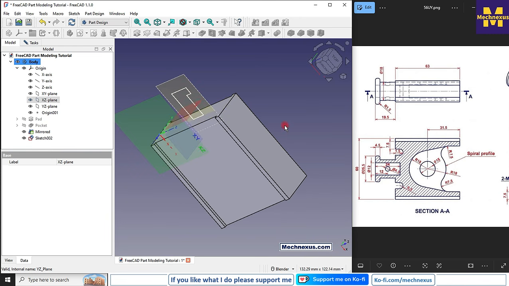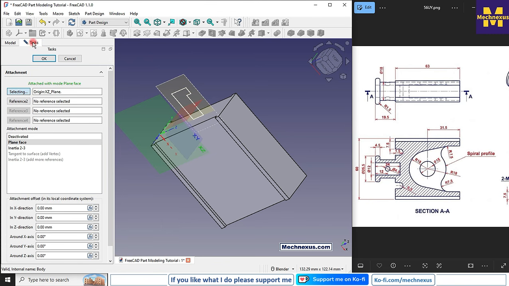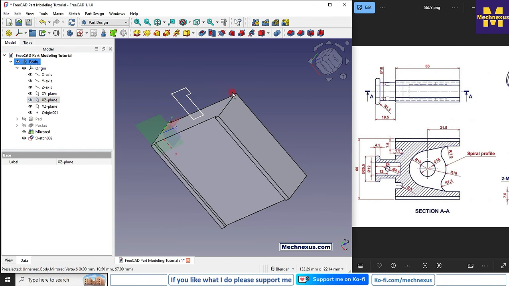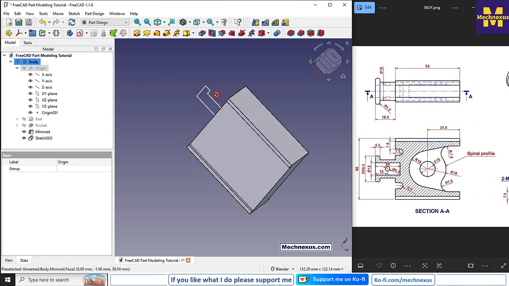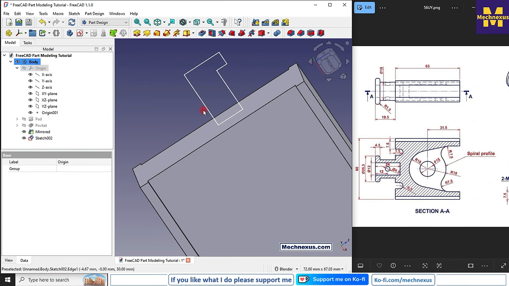So you can see that the plane has got redefined. You can see the origin is the XY plane. Say okay, and now we can turn it off. So you can see that perfectly it got